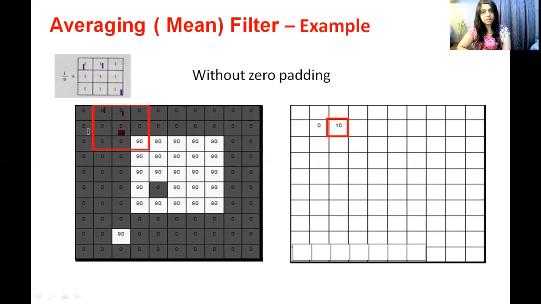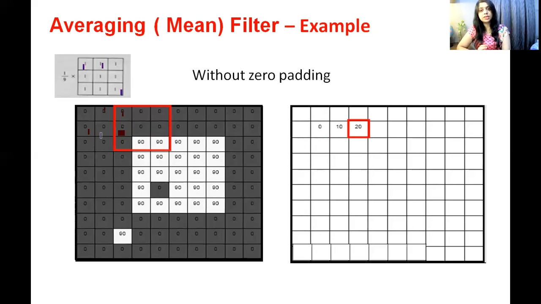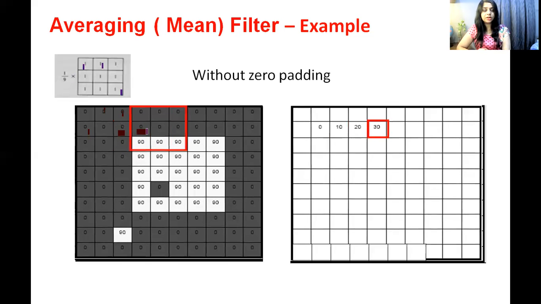You can see this is the third pixel, 1 2 3, in the second row and third column. The central pixel is replaced by whatever value you got, that is 10. Then again shift this mask towards the right and repeat the same process. Here everywhere you will get 1 into 0, all zeros, and here you will get 1 into 90 plus 1 into 90. So it is 180, 180 divided by 9, and then replace this central pixel by the new value, that is you will get 30. And then keep pushing this mask towards the right at every position, and keep replacing all central pixels.